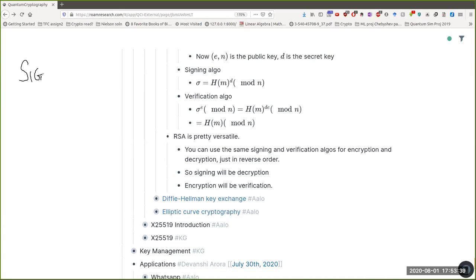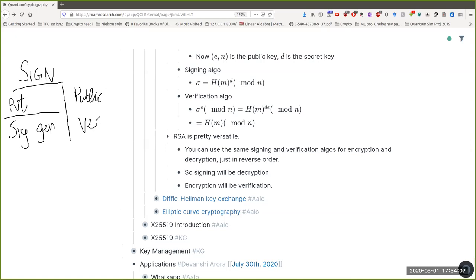Okay. So signatures. When I'm doing signatures, what is private, what is exclusive to the user, is signature generation. I don't want anyone to forge my signature and claim that that person is me. Signature generation. What's public is verifying it. I can verify.